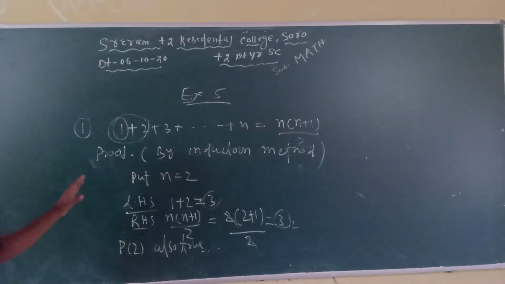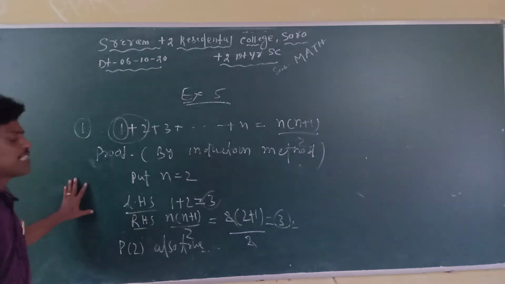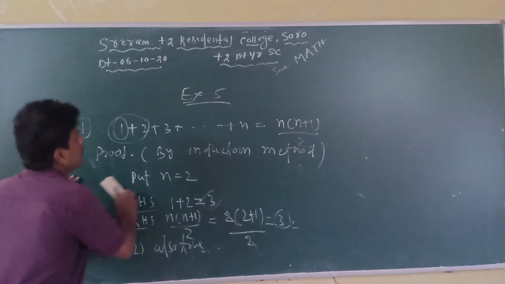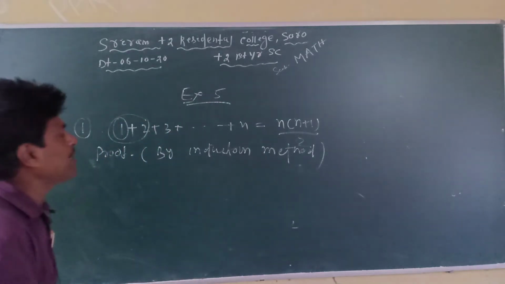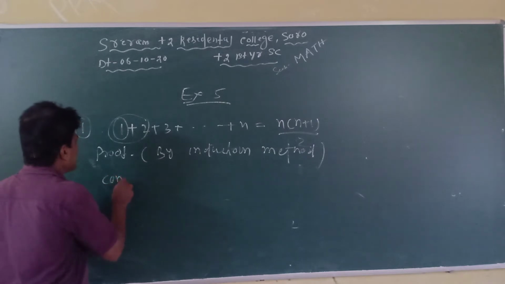Now, it is not necessary to solve by putting n equal to 3, or n equal to 4, or n equal to 5. For step 3, you write the step 3. That is the step 2, the complete proof of step 2. Now, write this step 3. What is the step 3? You just continue